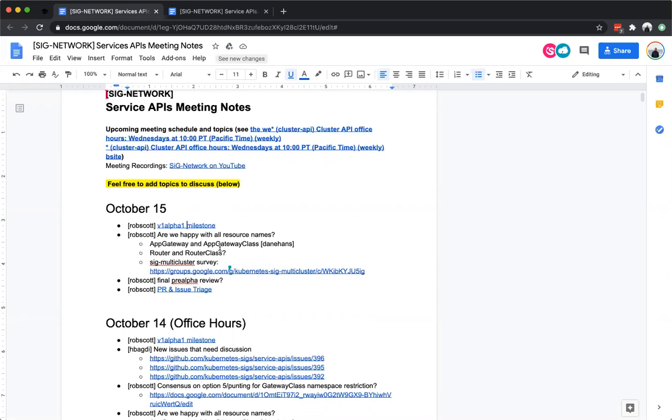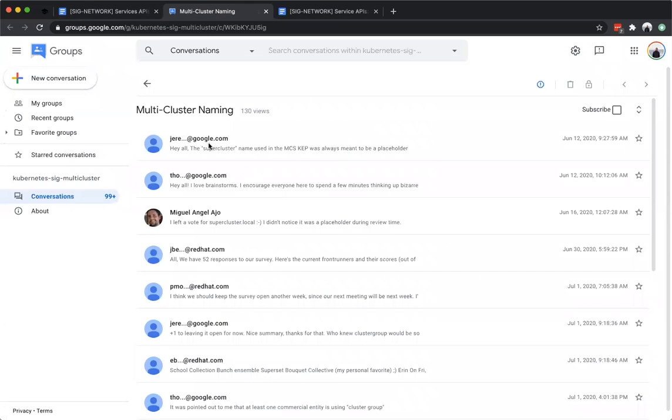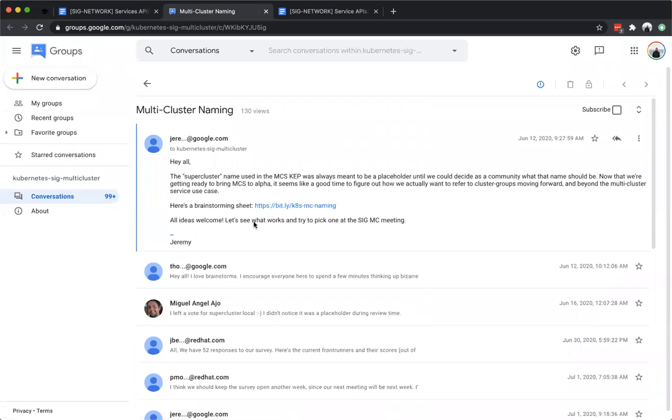We briefly mentioned other potential names we could look into: app gateway, router, and I mentioned what SIG multi-cluster had done when they were unsure about naming. Jeremy had actually led this off earlier this summer.